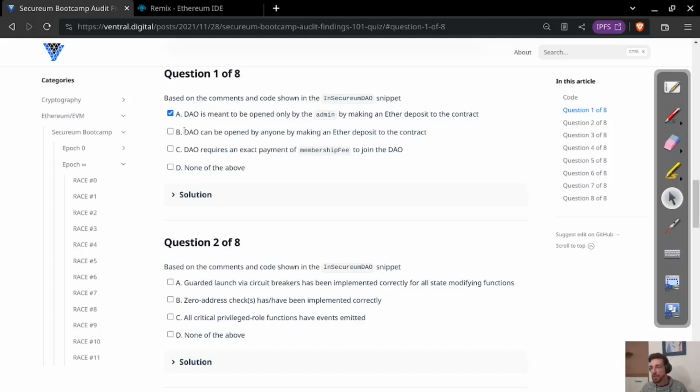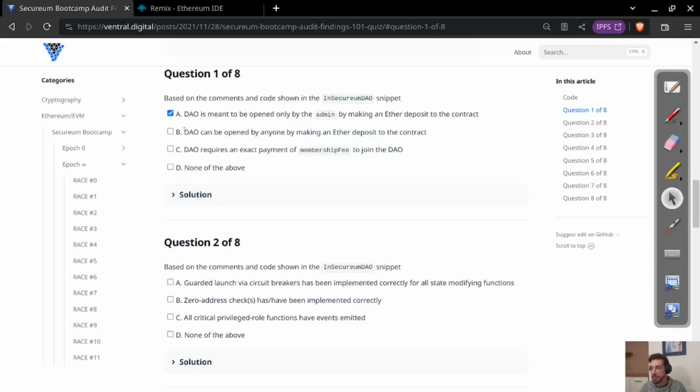And the difference between a normal ether transfer and a self-destruct is that there is no way for the receiver to stop receiving this value. Just because you don't have a fallback or a receive function, it's not going to stop self-destruct from sending you this value, because self-destruct does not actually execute the fallback or receive functions to give you the choice of whether you want to receive it or not.